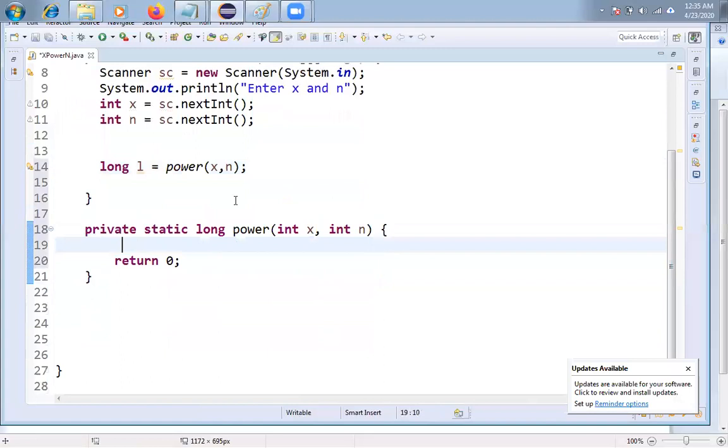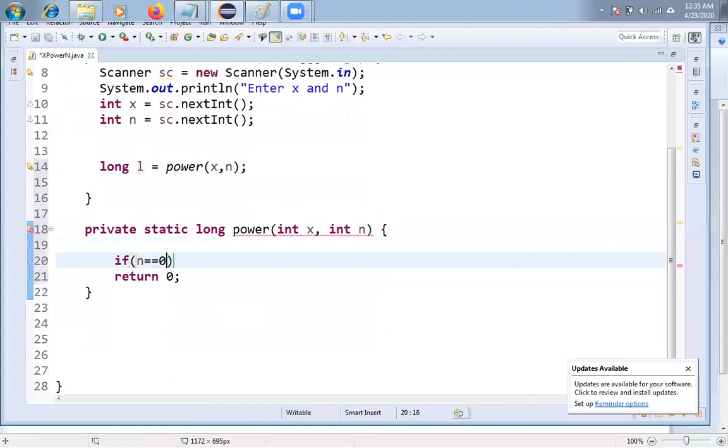And if you see here, whenever you are calling power of x comma n, this x value will be copied into this x, and this n value will be copied into this n, friends. So first what we are checking, friends, is whether n equal to 0 or not. Initially we have to check the n value. If n equal to 0, no need to do anything. Simply you can return 1, because anything to the power 0 is nothing but 1.